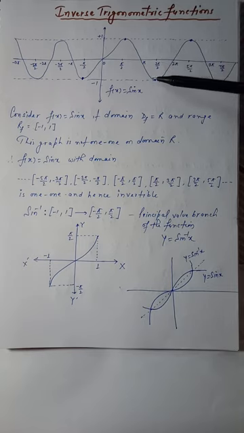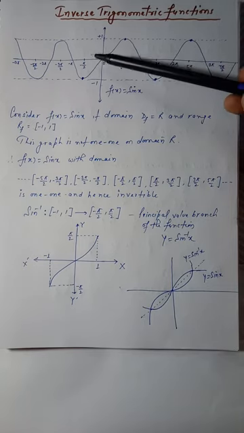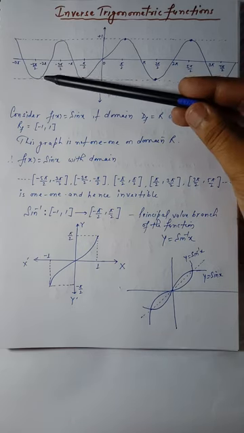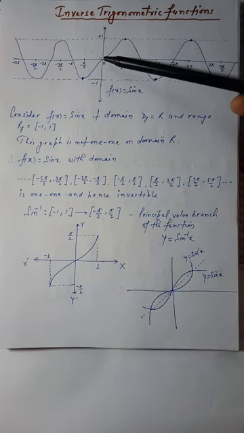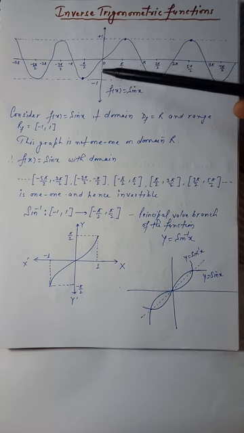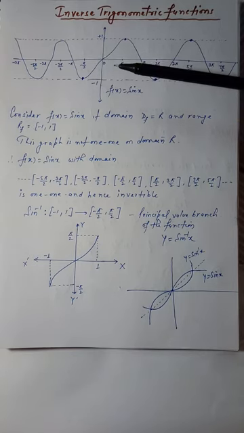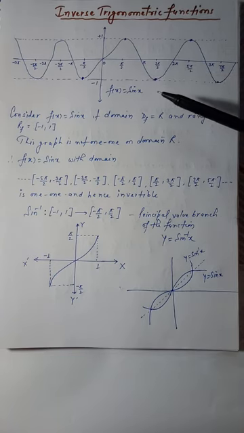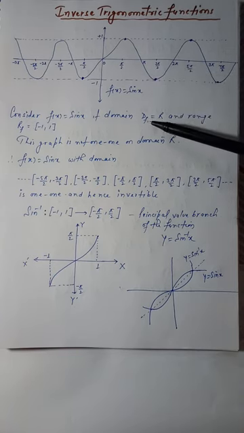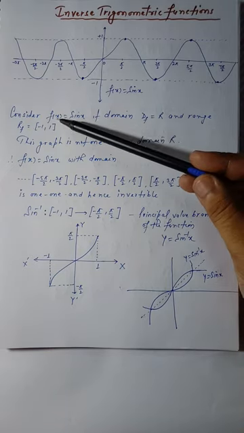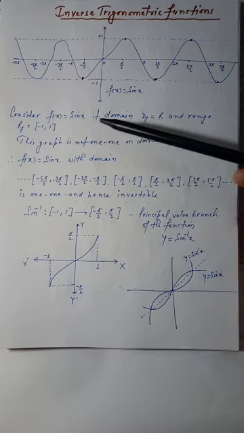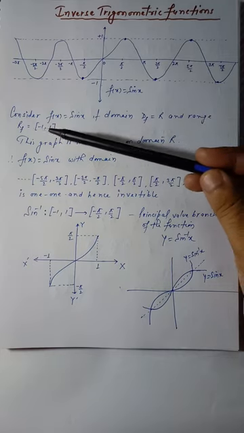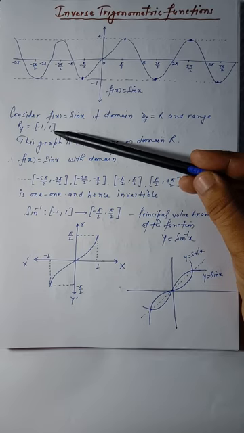Whereas at 3 pi by 2 and 7 pi by 2, minus pi by 2 and minus 5 pi by 2, this is minus 1. So the maximum value of the sine function is 1 and the minimum is minus 1. I am considering this function, and we already know the domain D of f, because this function is f(x), so I am saying D of f. The domain of sine is all real numbers, whereas the range is the closed interval minus 1 to 1.